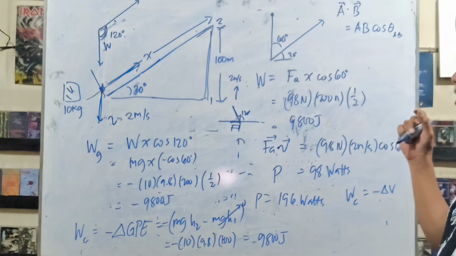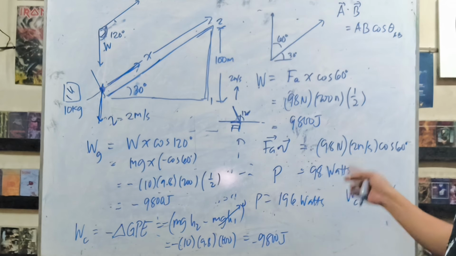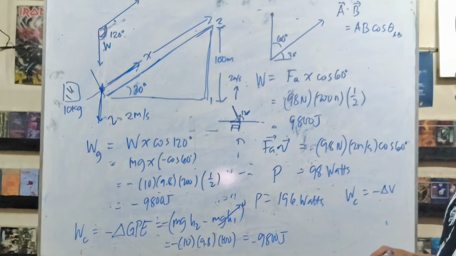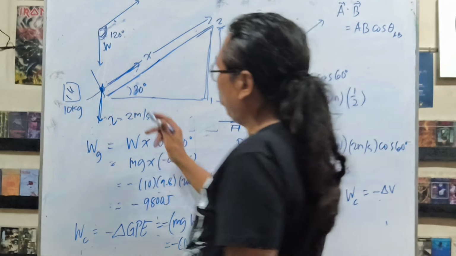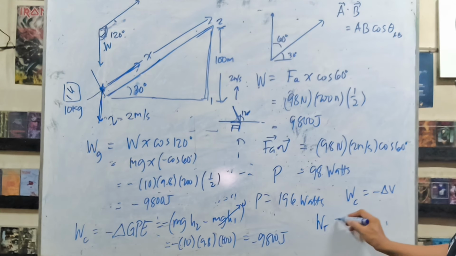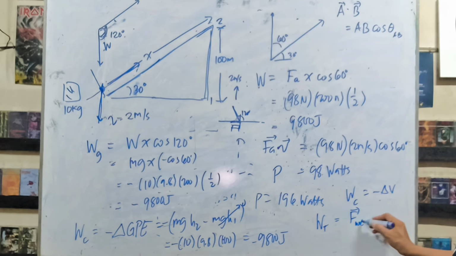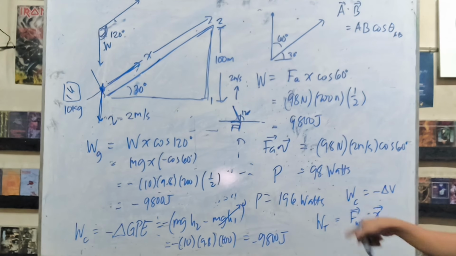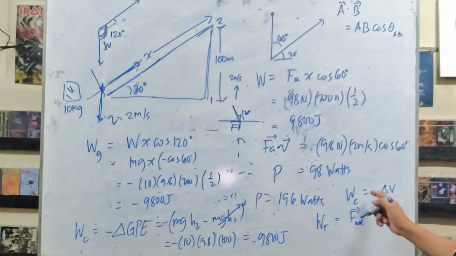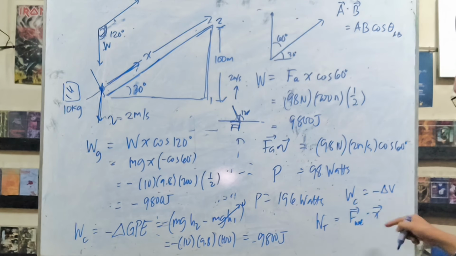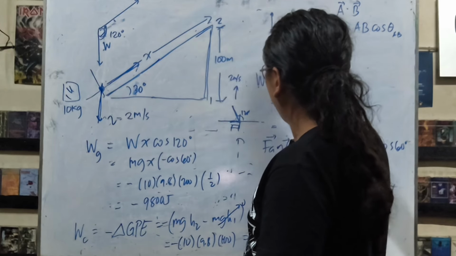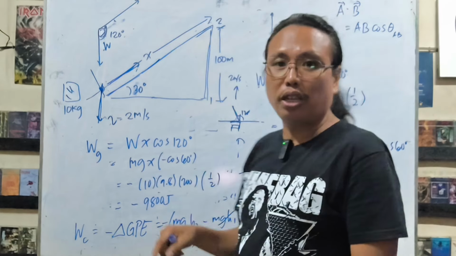So the gravity here also does a work which is negative. And what's the total work done? The total work done is 0. Even if you include the friction right here. Why 0? Because what is our F net again? The total work done is F net dot x, or if you have non-constant force, you have the integration. Our F net here is 0, because basically we are moving at a constant velocity.